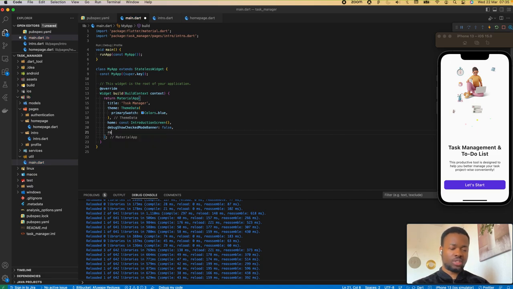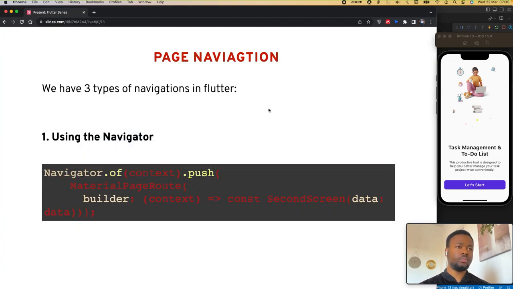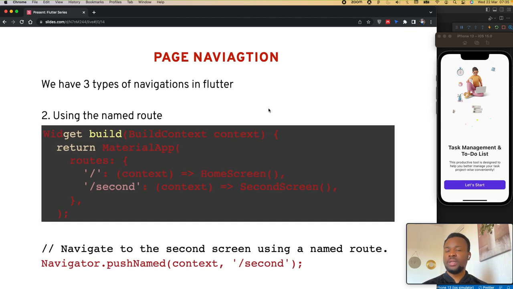When we bring routes and initial route into play, let's first design the route. So using the route method, to design a route, we are going to be giving names to our screens. This is more tedious and I don't really use this, because for every screen that I create, I then have to be coming back to my main dot dart file to assign this name to every screen. It's useful for some cases, but not really my thing. But I'll have to show you because it's actually part of what Flutter